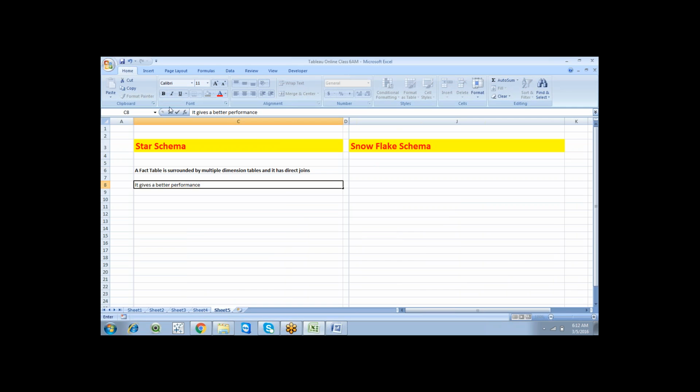So when it comes to performance, a star schema gives better performance than a snowflake schema, because we have direct joins.